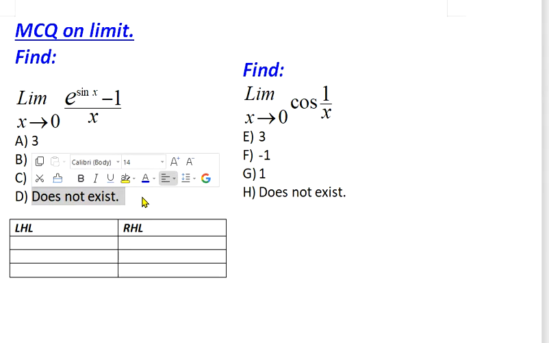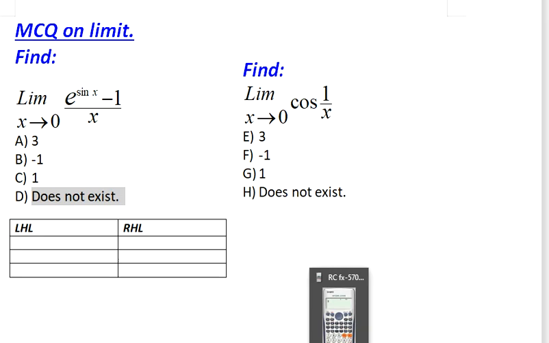We have to calculate both limiting values and then observe whether they are the same or not, and where they are converging. If they are not the same, then the limit does not exist. If they are the same, then we find the point of convergence, and that will be the limiting value. Okay, first of all let's solve these questions by using the calculator.